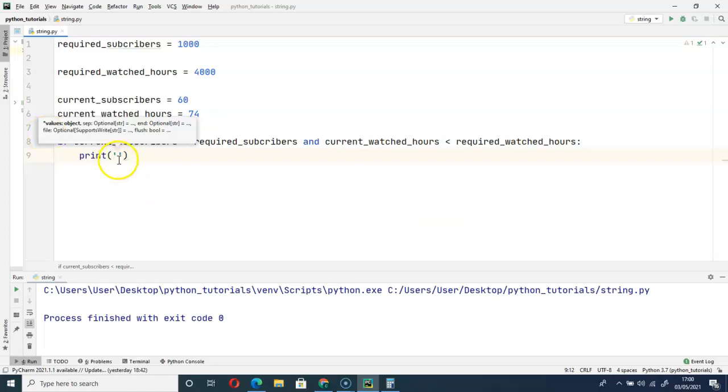So let me use single quotes here. You are not eligible for monetization.